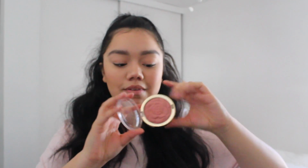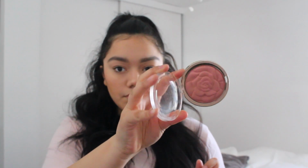So the next makeup product I'm going to share with you guys is this Milani powder blush. I had heard really great things about Milani's blushes, so I just decided to go on down to Target and try one of their blushes. I obviously gravitated towards this one because it has a rose design. The blush is carved into a rose, and it's called Romantic Rose Powder Blush, and it's a really pretty basic